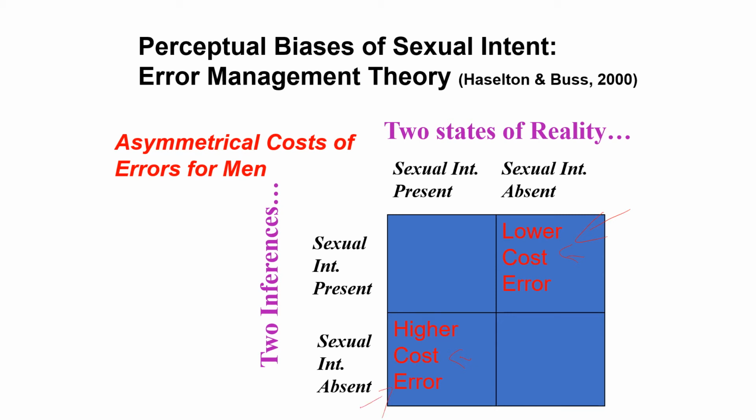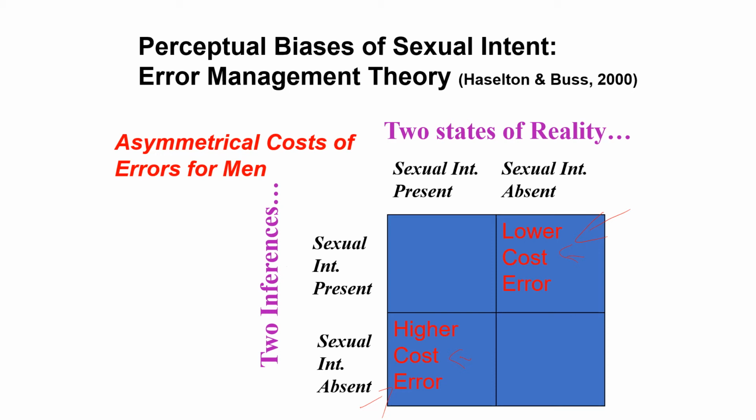If given the opportunity, men should make the error of false alarm more often than they make the error of missed sexual opportunity. What do I mean by that? I mean, these are in direct opposition, because